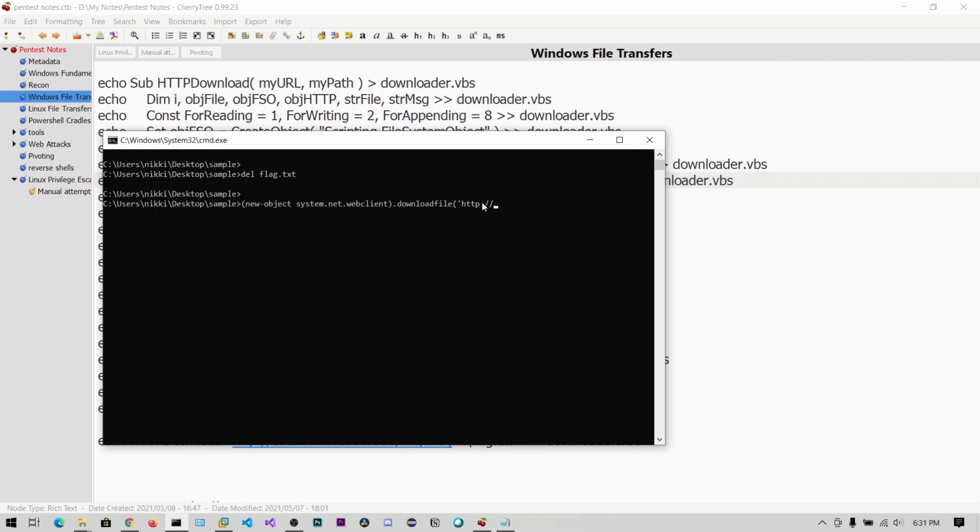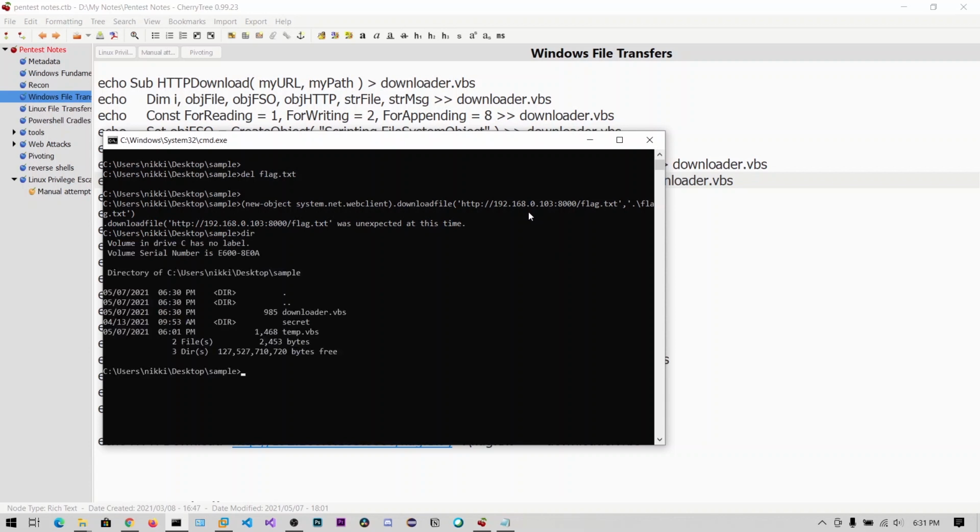Make sure you put the single apostrophe, and a comma, then the destination. This is in the current directory. So hit enter.